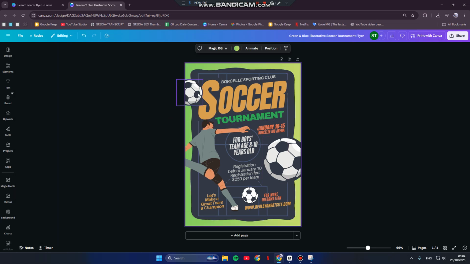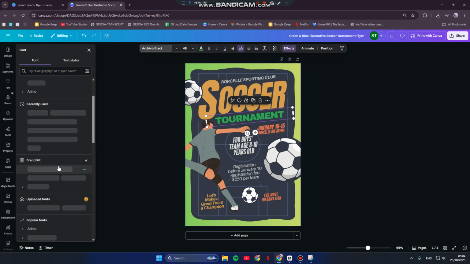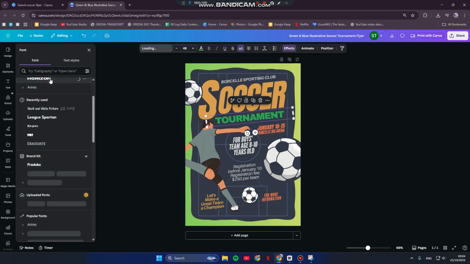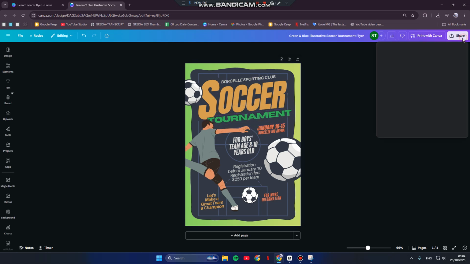Here you can also delete elements that you don't need, or change the font to how you prefer. Like this, and once you get the design that you want, you can just tap on share,